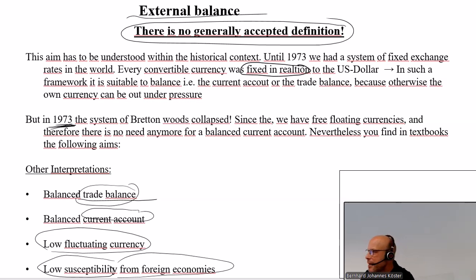But as I mentioned already, in Germany, we are, compared to other large economies, maybe the most dependent country in the world due to our high exports and imports. Exports and imports add up to almost our overall economic performance. They are relatively as large as our GDP. So in general, we can say in Germany,